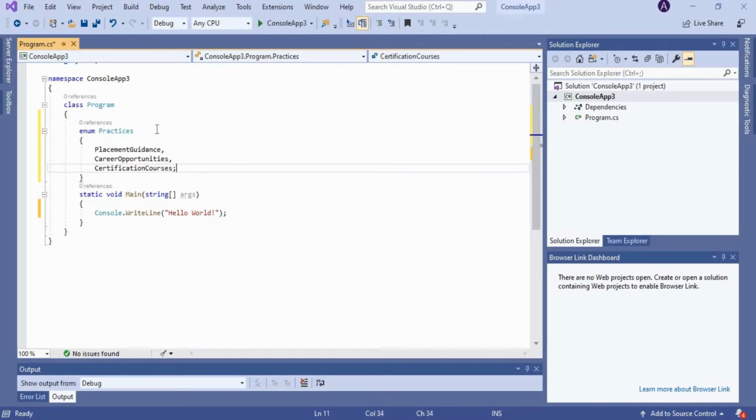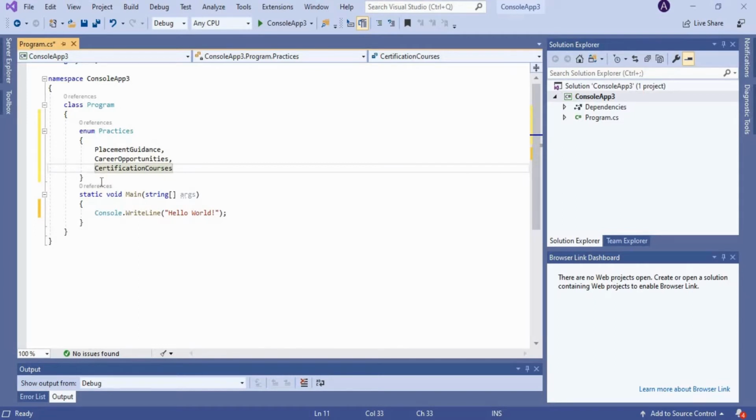So here our enumerator name is practices, which has a set of 3 values: placement guidance, career opportunities and certification courses, right? You should not end the enumerator with a semicolon, right? So this is the way of declaring your enumerators.